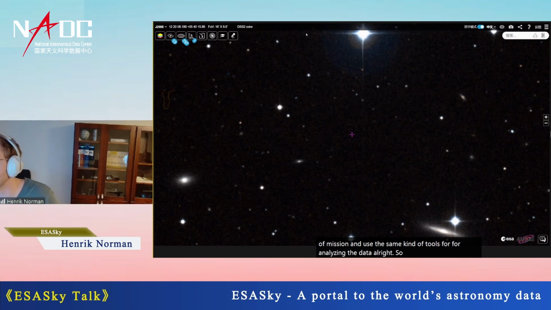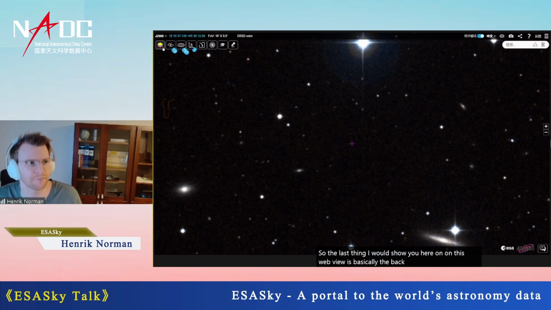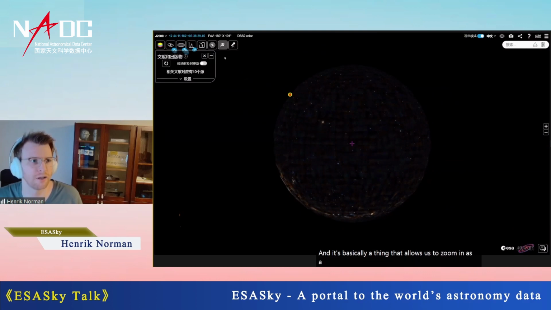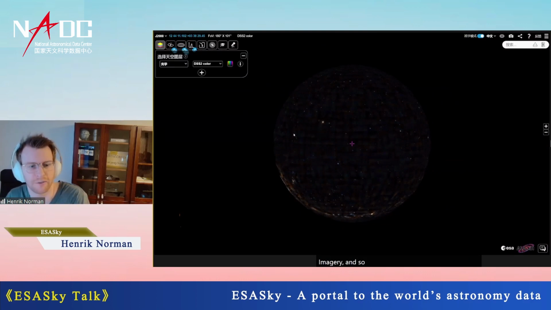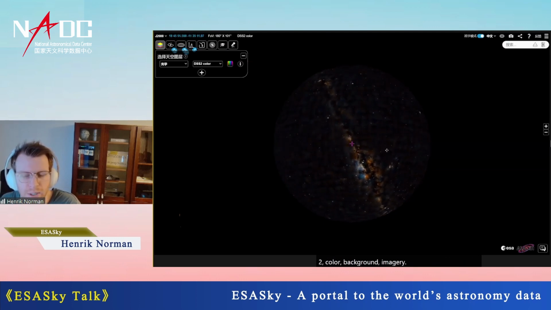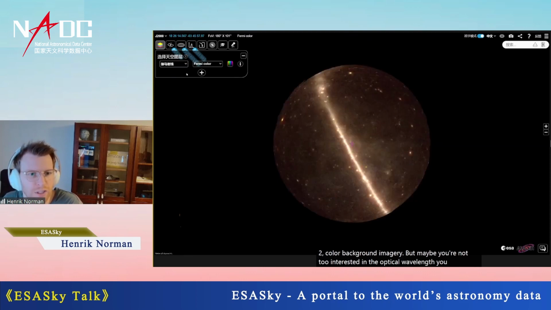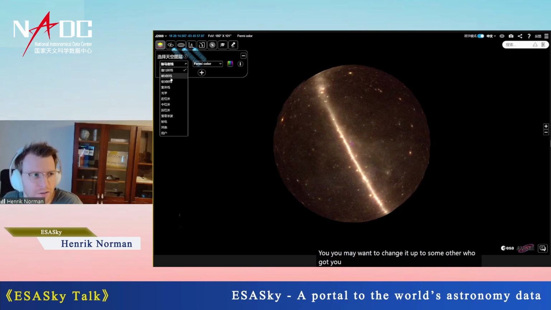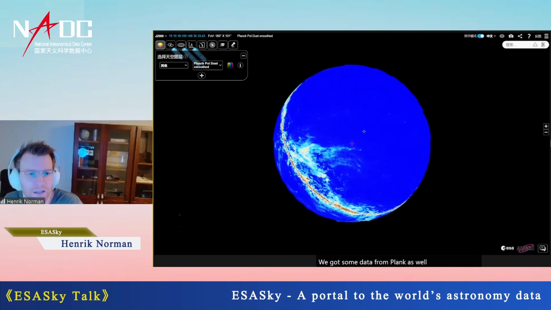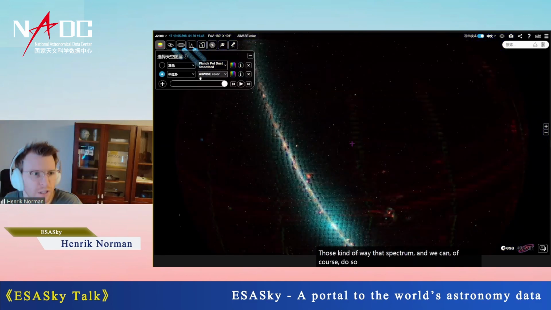All right, so the last thing I want to show you here on this web view is basically the background imagery. It's a thing called HiPS, and that's basically the thing that allows us to zoom in and zoom out on the background imagery. And this little button here is the very famous DSS2 color background imagery. But maybe you're not too interested in the optical wavelength. You may want to change it up to some other. We got plenty of background imagery. We got INTEGRAL data. We got some data from Planck as well. In case you're interested in those kinds of wavelength spectrum, and we can of course do some mix in between different